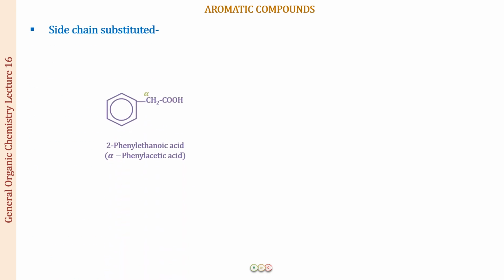So here again, very simple, same nomenclature. We have the functional group in the side chain. So this is going to be the parent chain. This is carbon number 1. This is carbon number 2. So this is ethanoic acid, and phenyl group at position number 2. So 2-phenyl ethanoic acid, and this is the carbon of the functional group. The next carbon to it, we call it the alpha carbon. So this is alpha phenyl acetic acid, the acetic acid being the common name for CH3COOH.